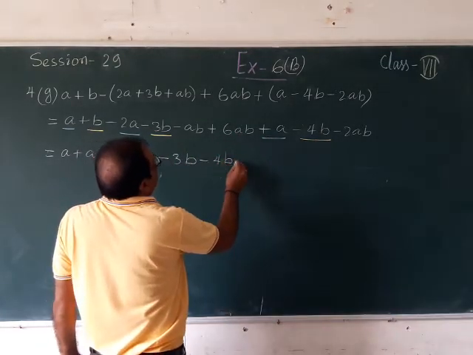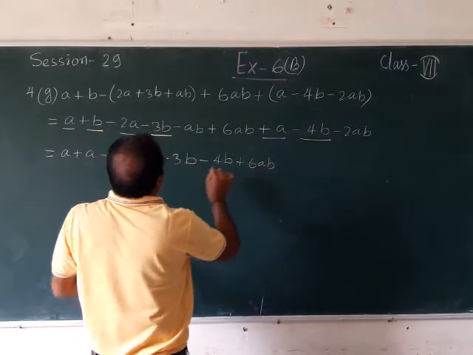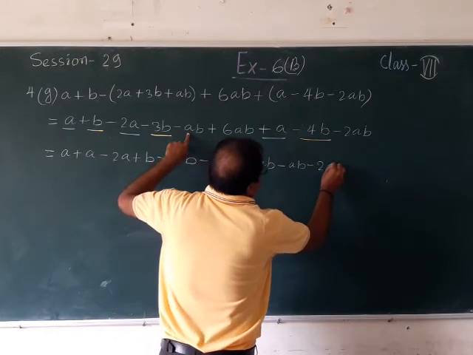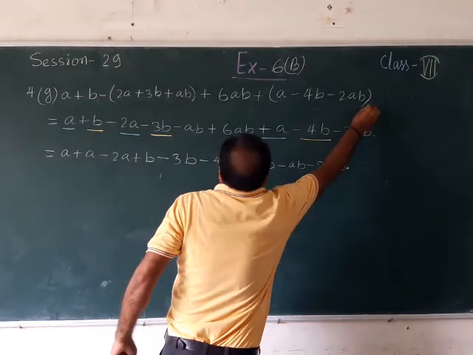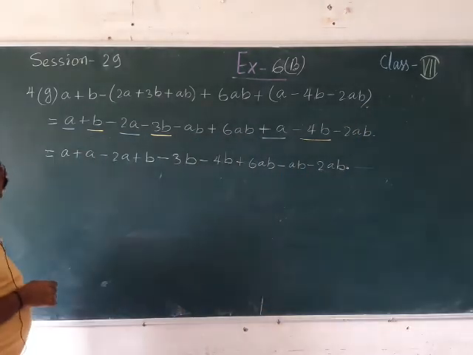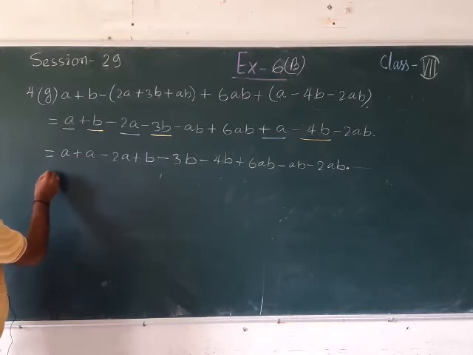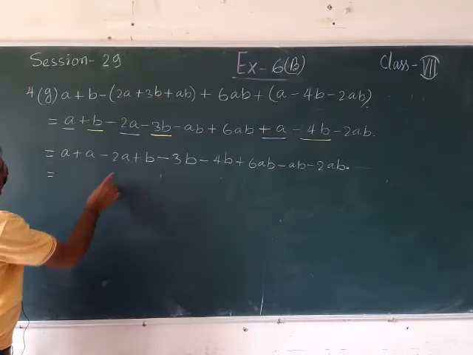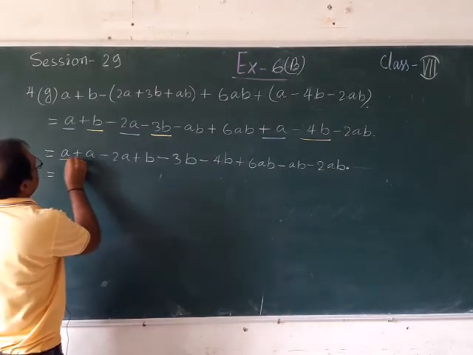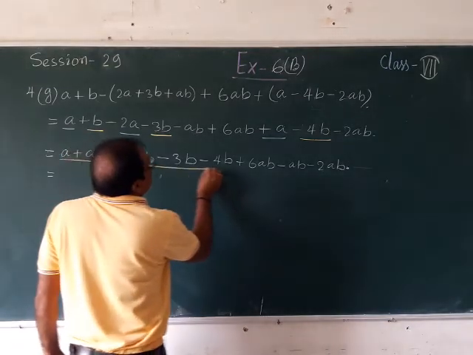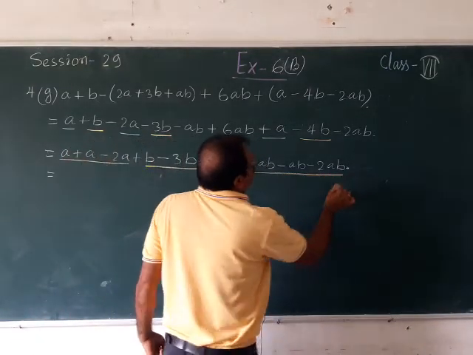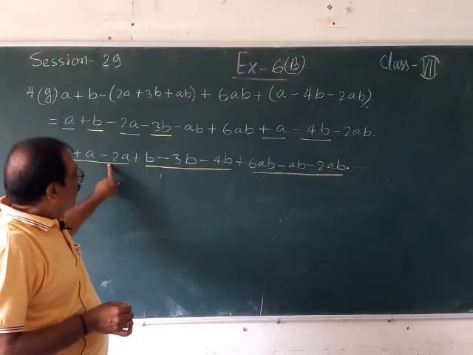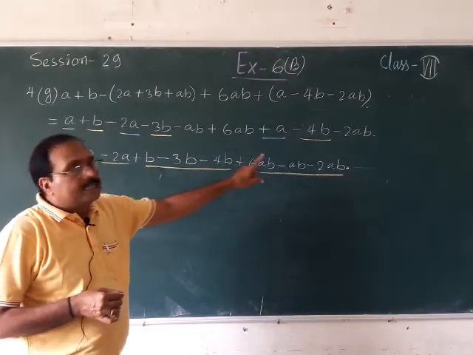First of all I am going to write plus 6ab because it is having positive sign. Then I am writing minus ab, and then I am writing minus 2ab. See, as the term is longer, so you may confuse. For this one way I am going to give you a plus a minus 2a, everywhere a is there. So when I will divide this, here is a, there is b, and there is ab. So three types of terms I can see. One term is having a, another term is having b, next term is having ab.